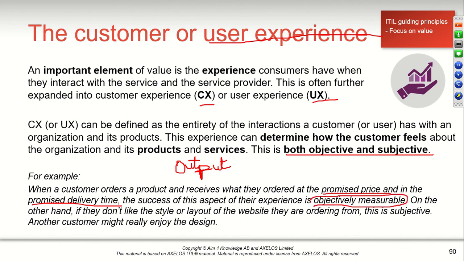Why is it objective? It's objective because the price is the right price, and it was also delivered on time. If, for example, there is a promise that it will be delivered in 24 hours and it arrived in 24 hours, and the price tag is still the same, maybe you are supposed to pay at the point of delivery and you are asked to pay the same amount of money, then your experience is a measurable experience,